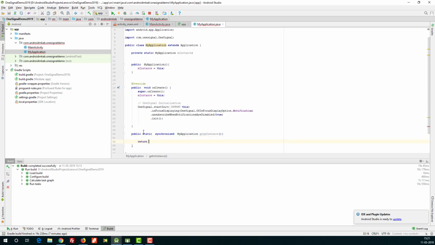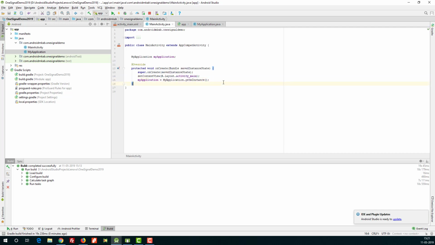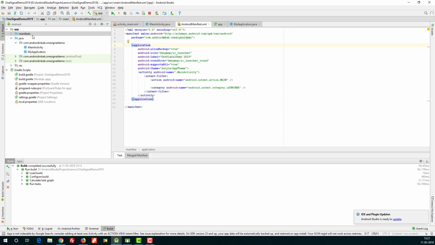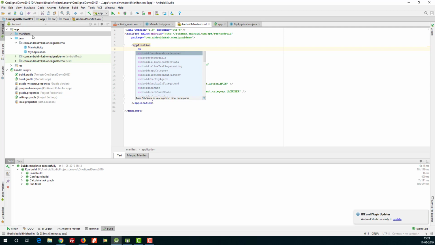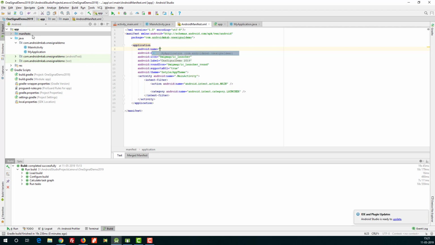We have to return something here, return mInstance. Okay, after this we will get rid of this error. Now next what we have to do is go to manifest file and add another line to the application, name, that is android:name dot MyApplication.